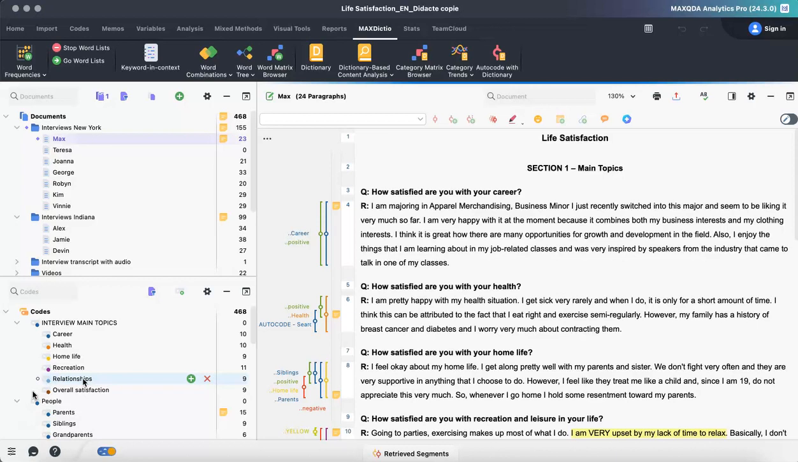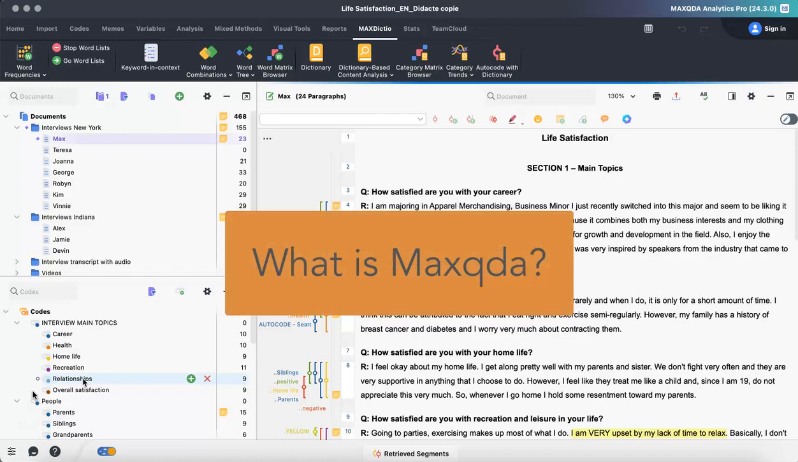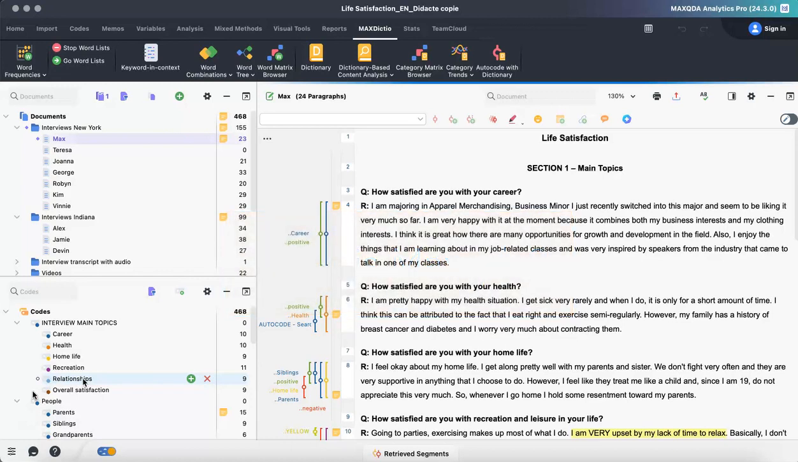So the first thing we're going to talk about is what is MaxQda. MaxQda is a software for qualitative analysis and mixed methods research. It's really comprehensive and can be used for a lot of different types of research projects. And I think it's also very intuitive and very convenient to use. It's honestly one of my favorite analysis softwares, and it's the one I use the most. I think I've been using it for almost all the research projects I've been doing or involved in the last